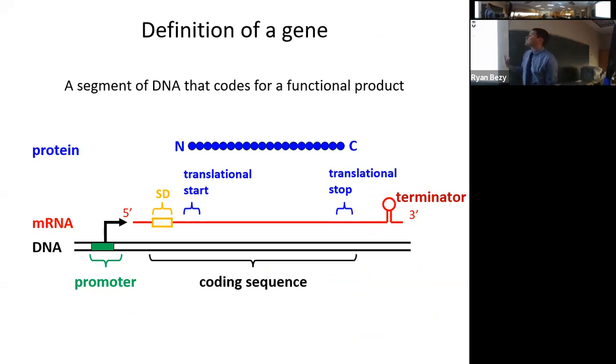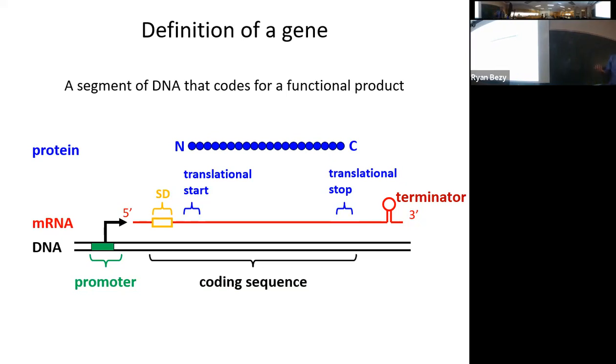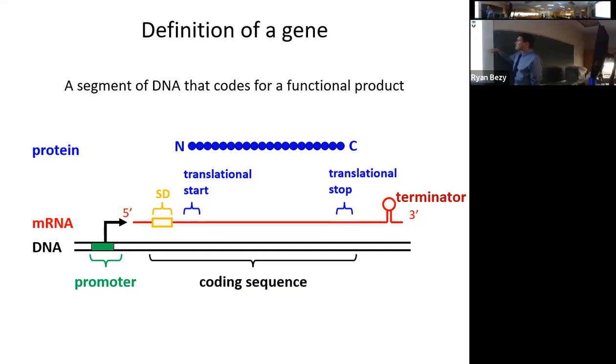And we've talked about several sequences, not just the coding sequences, but also things like promoters. They're encoded in genes. Shine-Dalgarno sequences are encoded in the genes. Translational starts and stops are encoded within the genes. Sometimes things like rho-independent terminators are encoded in genes as well. Questions about that? And this is really what you're looking at, even with something like eukaryotic genes, but with some differences.